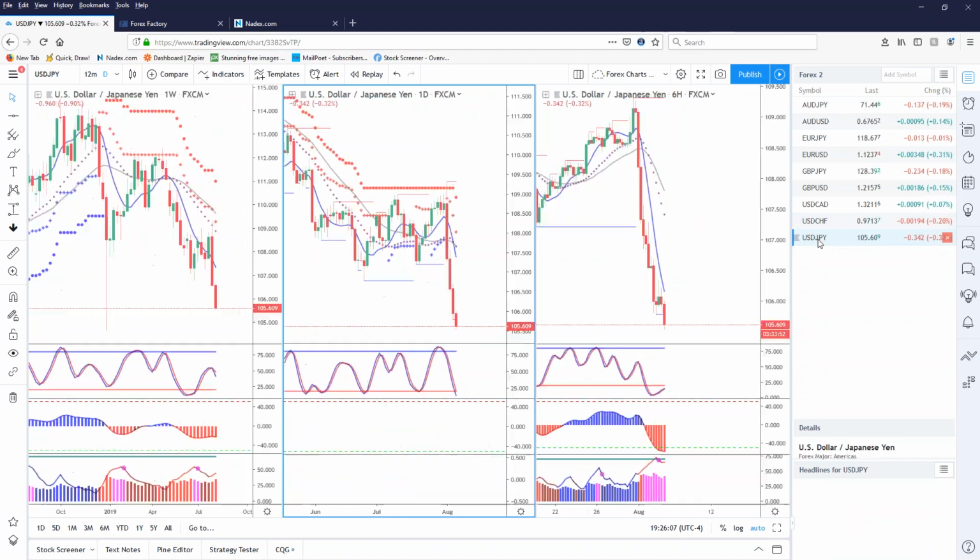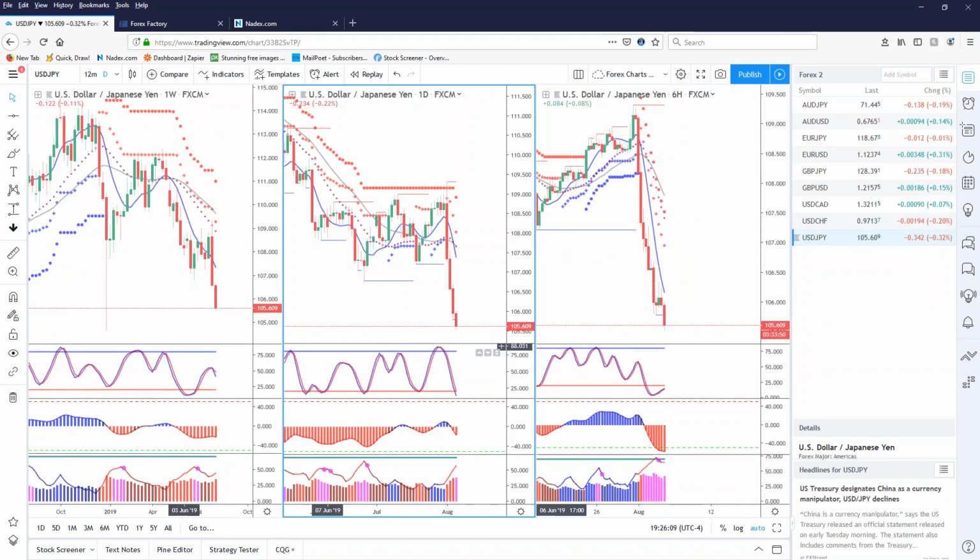Okay, let's go look at the USD JPY, and it's pretty much going to be the same as I just said about the USD Swiss franc. The reason is they're both US dollar on the first part of the currency, and of course the US dollar fell today. You are now oversold on the daily, and you're also oversold on the 6 hour. Do y'all see how that formed that little green bar there?